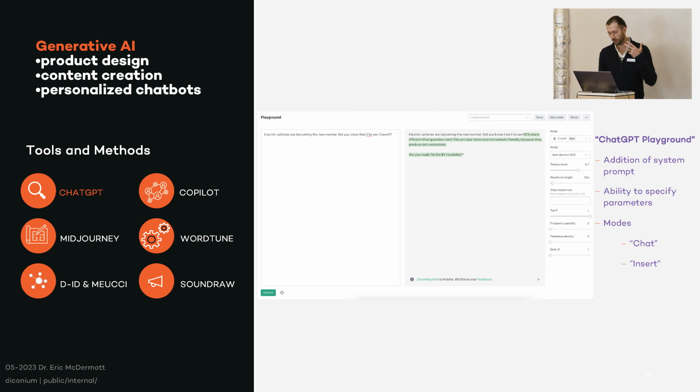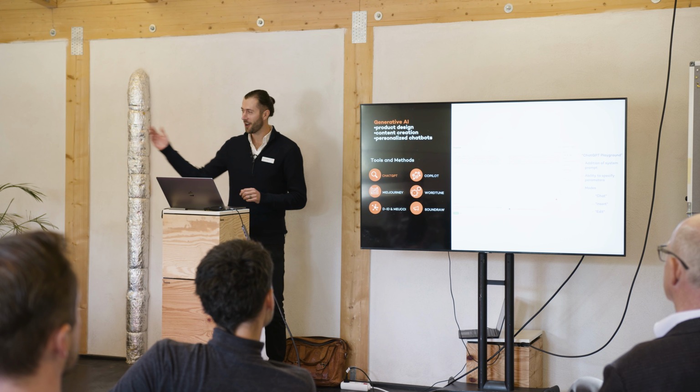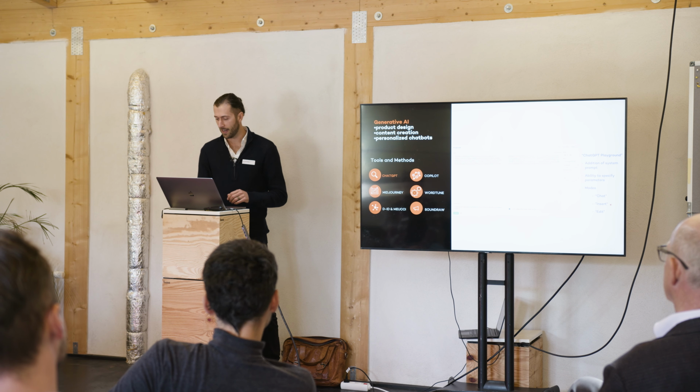So you can use this to generate lots of different variations of certain slogans or sentences, things like this. And there's also an edit mode, which is very good for fixing grammar on quick drafts or cross-language writing, because GPT can handle nearly every language. This is a great tool to use for copy editing before you send something into the wild. So again, this is just a super brief overview of ChatGPT. Rocky will do the deep dive. I just wanted to give you some ins and outs here.